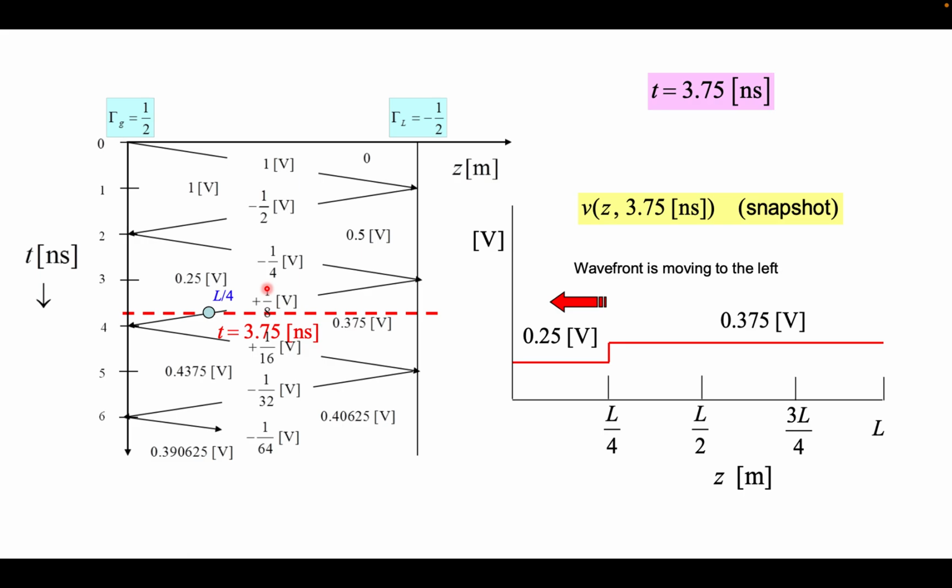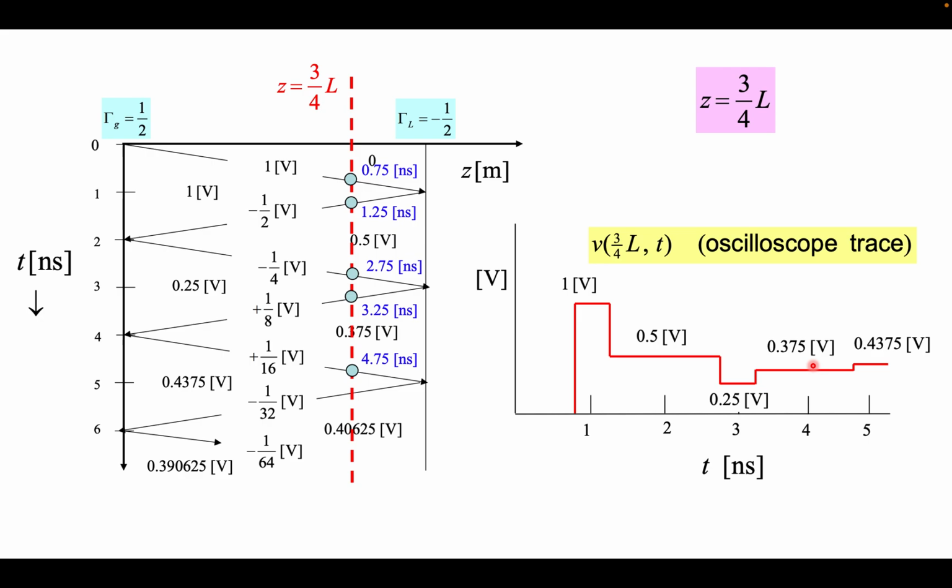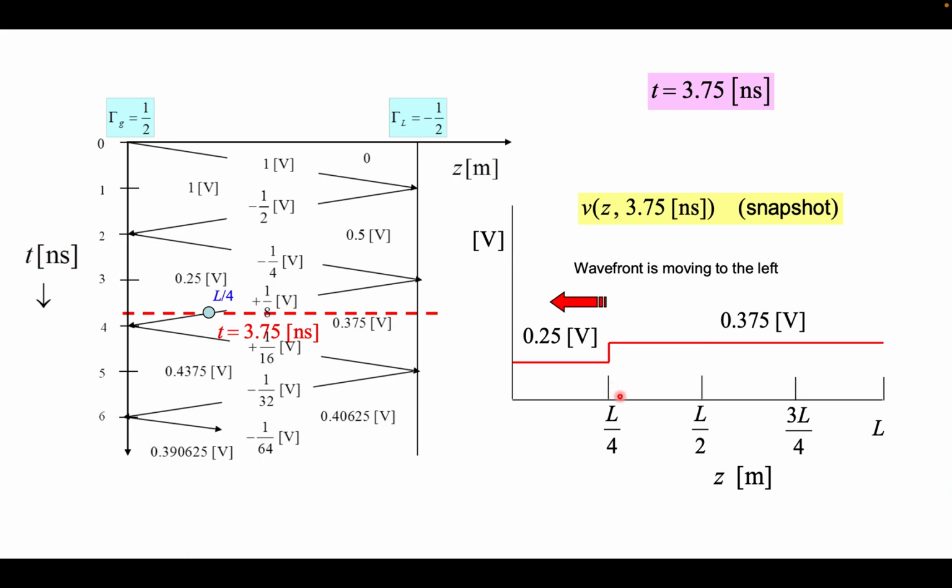If someone takes a snapshot at t equal to 3.75 nanoseconds and asks what the voltage distribution is, he or she will capture such a wavefront. Similar things happen here. You are seeing things in the time domain, so one can actually use an oscilloscope, because an oscilloscope can show you a signal in the time domain. One can connect a transmission line, pass some signal, and see what trace you get on the oscilloscope. This was with respect to time, and this one is with respect to the length of the transmission line. One can go beyond and prepare more problems on this, like what will be the current,